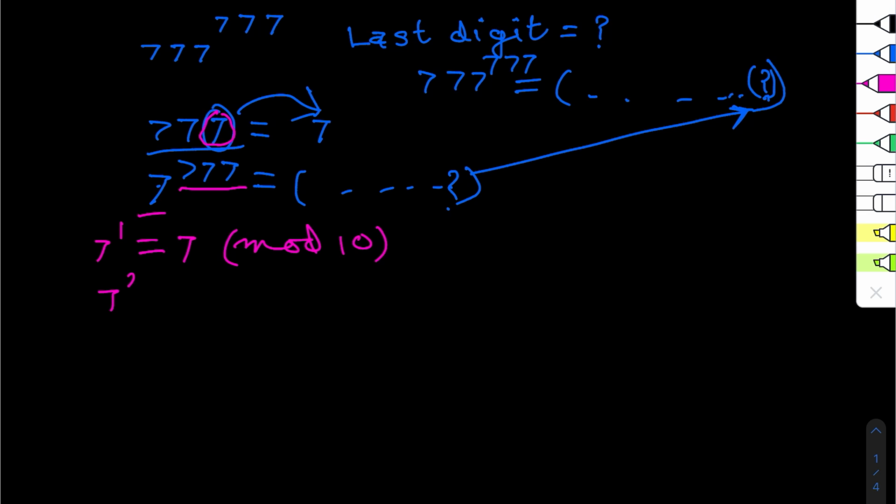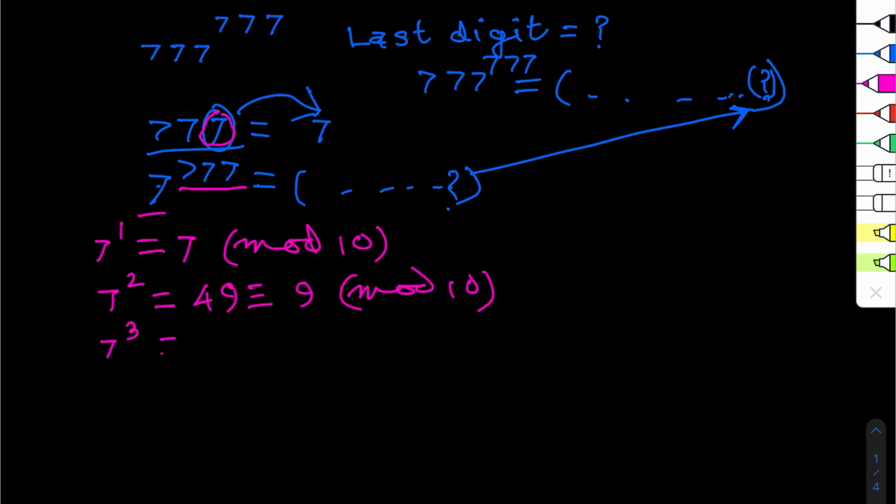And 7 to the power 2 equals 49, which will give the remainder 9 when divided by 10. That means 9 will be the unit digit or the last digit, correct? And then 7 to the power 3,